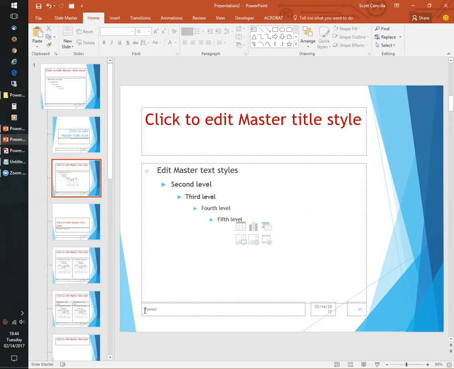Oh, we got a question from Sue. If you only want to change something on one slide, would you do it on the end of? Well, right. And that depends. If you only want a certain layout to change, yeah, that's exactly right, Sue. If you only want certain layout masters to change, you would just change those. Taking that a step further, if you don't want to change all the slides that use that layout, you would just go to the regular presentation and change it. Okay. And I'll show you more about that in a second.